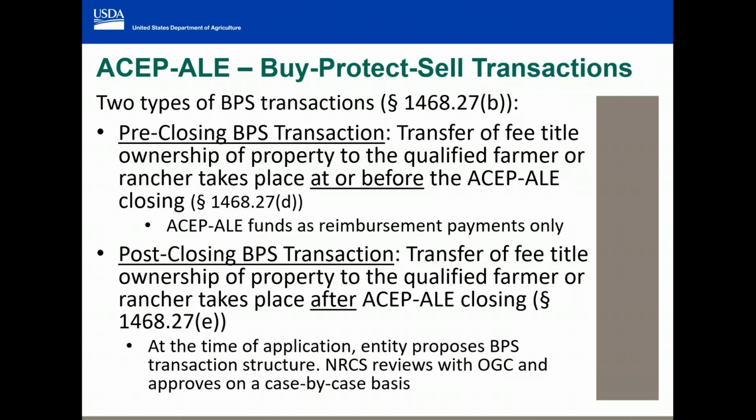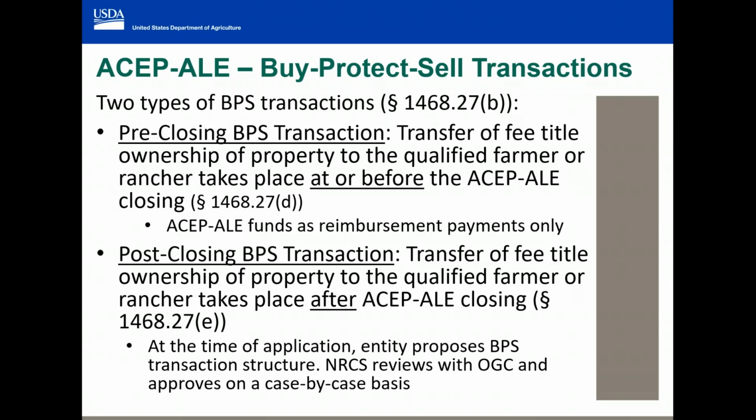The converse could also be the case where the eligible entity at the time the easement closes moves from that ownership position into the easement holder position, but would need to then find basically an interim landowner to sit in that landowner position. And so we would need the details on what's being proposed, and then NRCS would review the structure being proposed to ensure that those transactions conform with the various requirements. NRCS would review those with our Office of General Counsel and then approve those transactions and work with the entity on any details that need to be sussed out on a case-by-case basis,